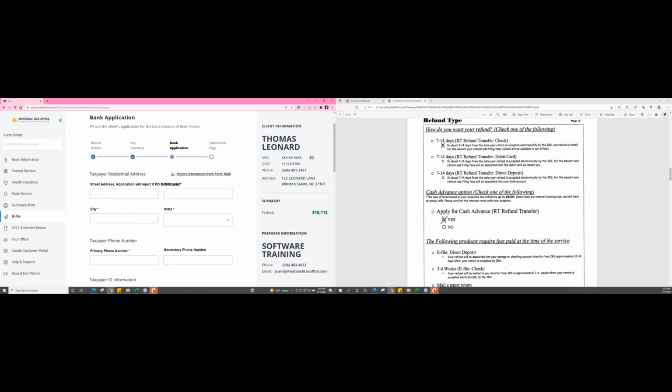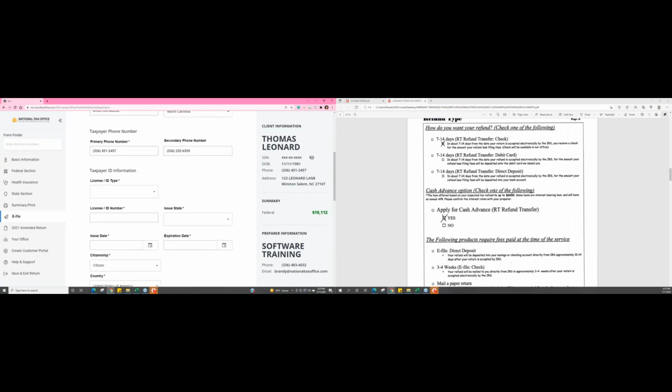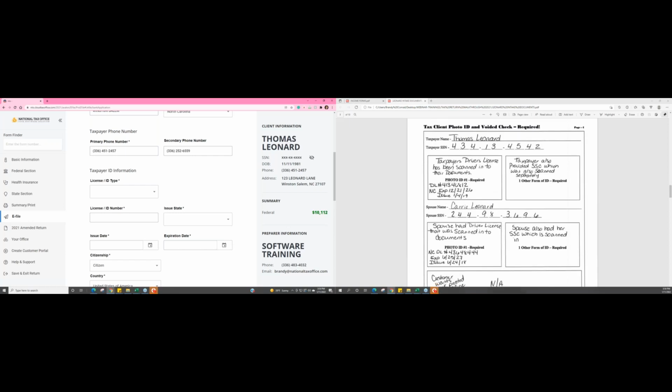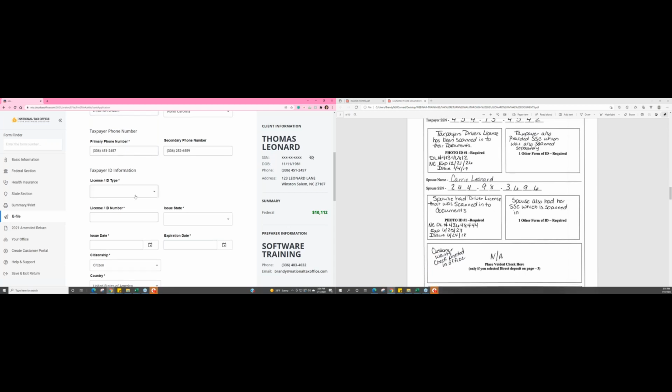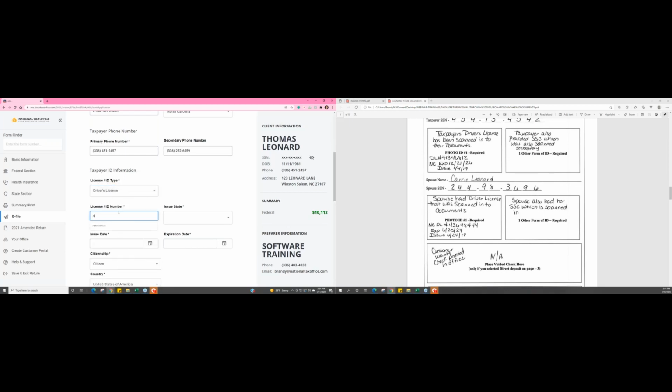And this is where you want to put in the information, because this is for the bank app. So what you should click is import, and it'll fill everything out for you. Then you're going to go to the taxpayer's ID. What I always do is I either have my taxpayer's IDs in front of me, or I write down the information on this page. And so what I'm going to do is select the type, put in the number,